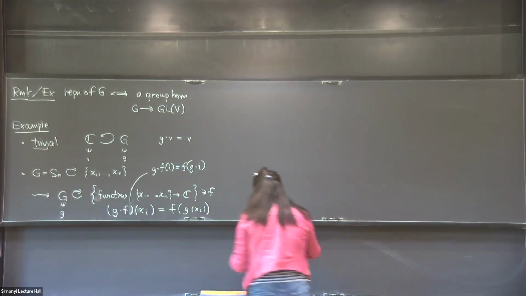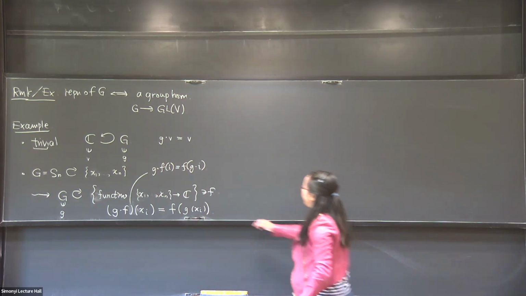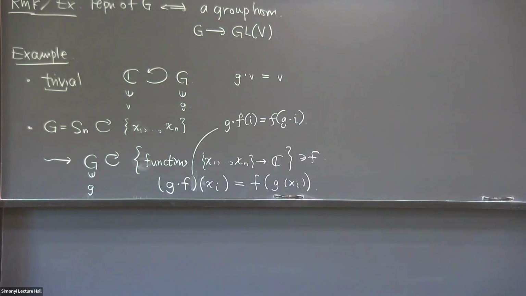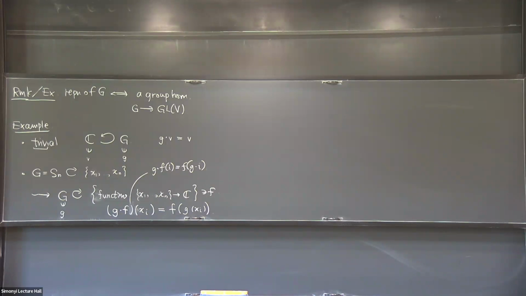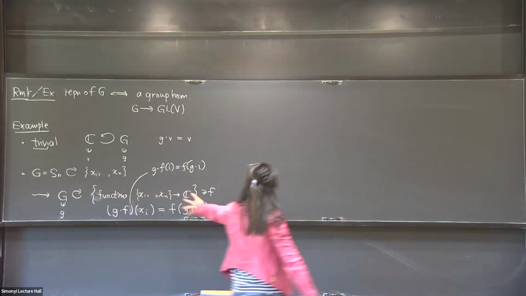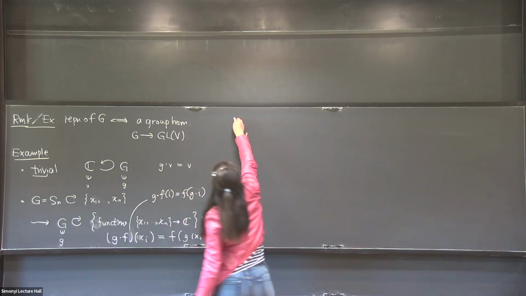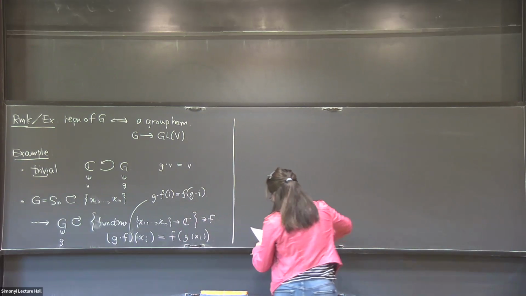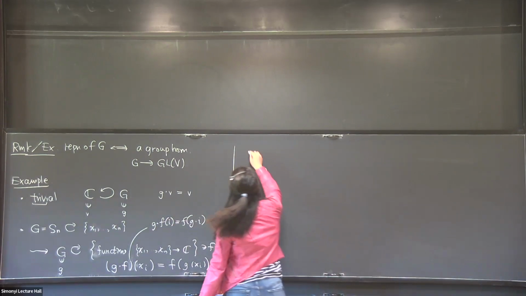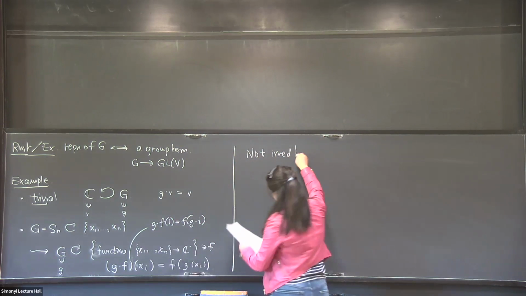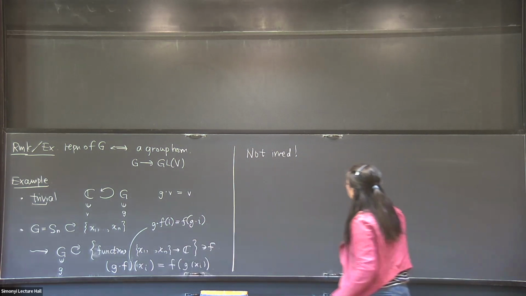Okay. So now we have some definitions. Every time I write something on the board, you should check it with whatever examples I put. So we should ask now: is this representation irreducible? And the answer is no. So it's not irreducible. And the reason is